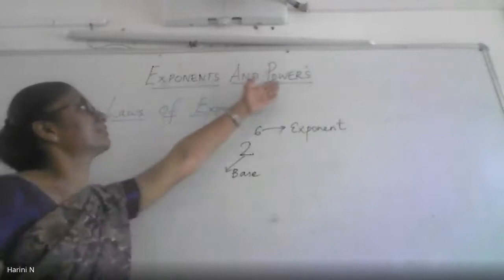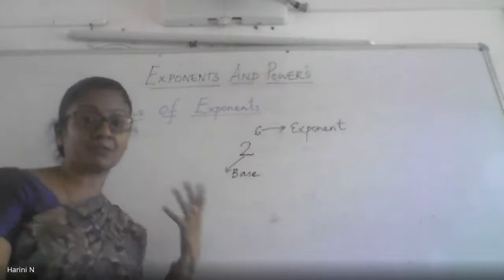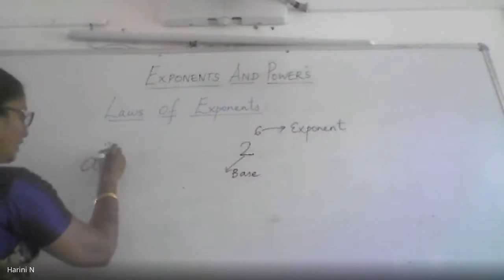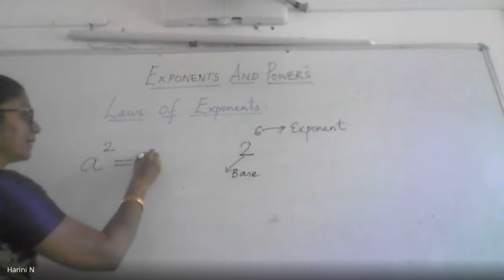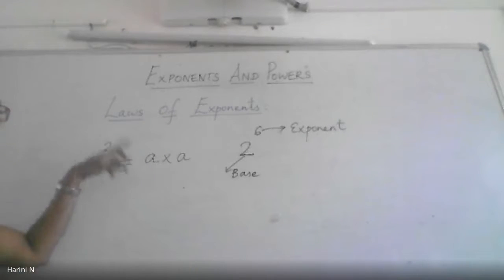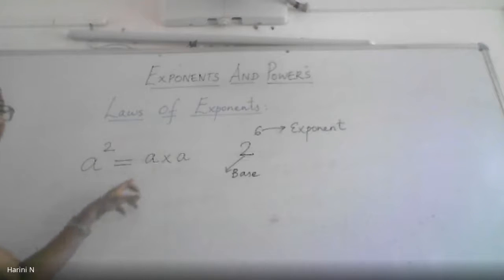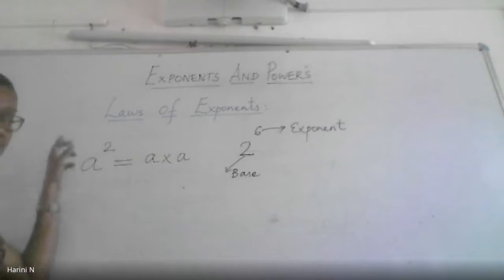Now powers, I think we have been using them many number of times. Like when we did the algebra also, we were talking about powers. Like if I say I have a square, I read it as a square or a to the power 2. What does it mean? It is a multiplied with itself, right? A into a is read as a square or a to the power 2. That means a is multiplied 2 times. That is what we call a power 2 or a square.